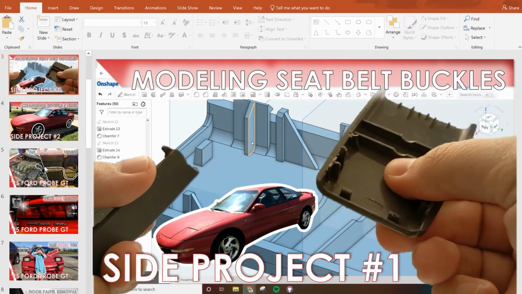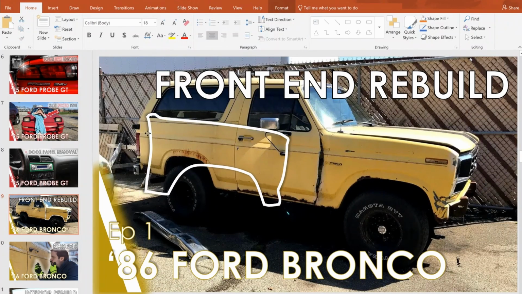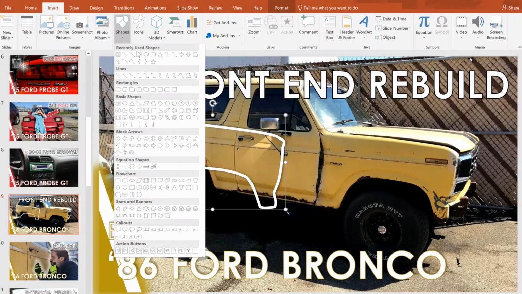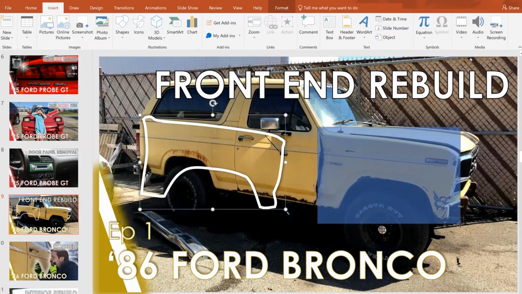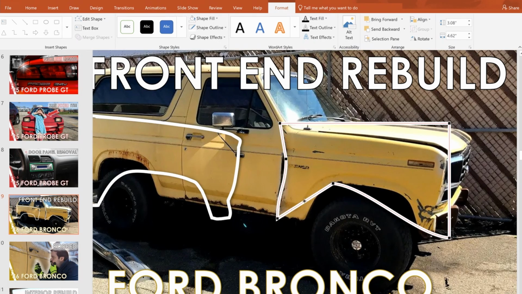One more thing I want to make sure I cover is how I do outlines. It's a pretty long task and sometimes it can get difficult, but I just do a curved line or shape or whatever, and now it's a shape. And I can edit the points of the shape and curve it around the objects I wanted.